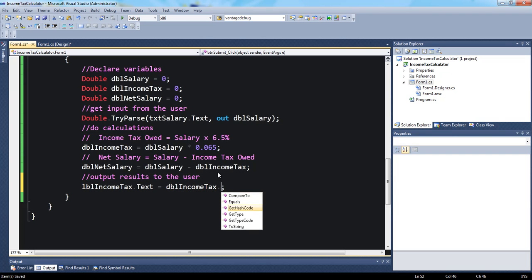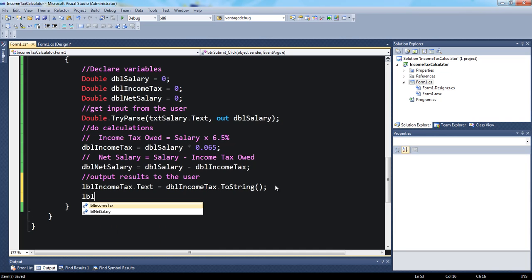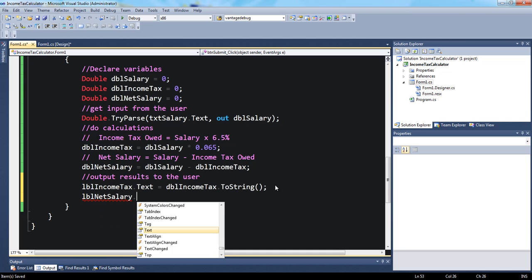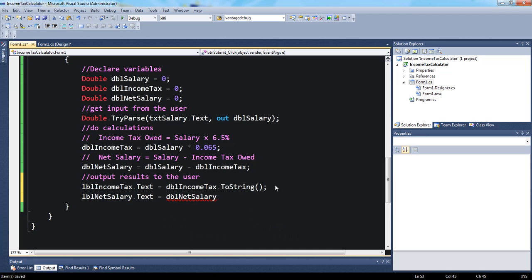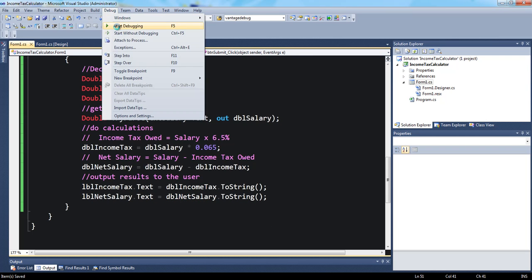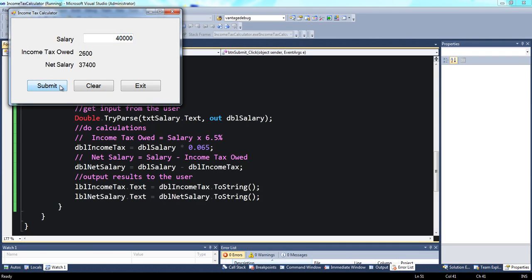Lucky for us, we have some helper functions. So I say dot toString, open, close parentheses. And then lastly, LBL net salary dot text equals DBL net salary. And same thing here, we don't have to wait for our error message, open, close parentheses. Now I'm going to run the whole thing, start it up, and hit submit, and here we go. Looks like 6.5% of 40,000 is 2,600, and then salary minus 2,600 is